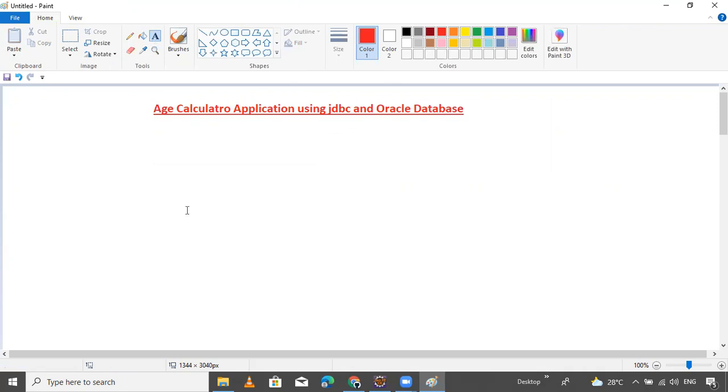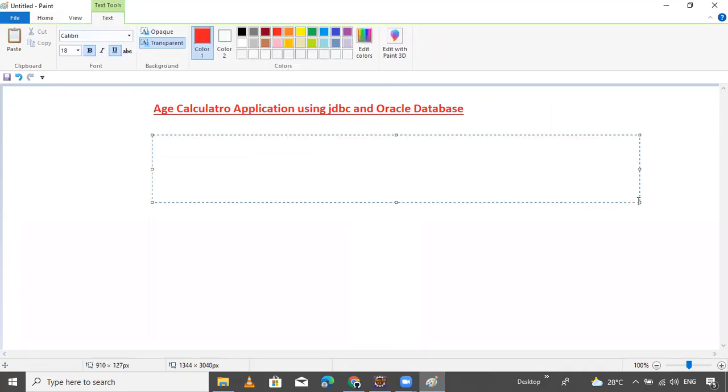So I'm writing one thing for the method. Observe, guys, this function is specific to Oracle. What is the function name? Round.